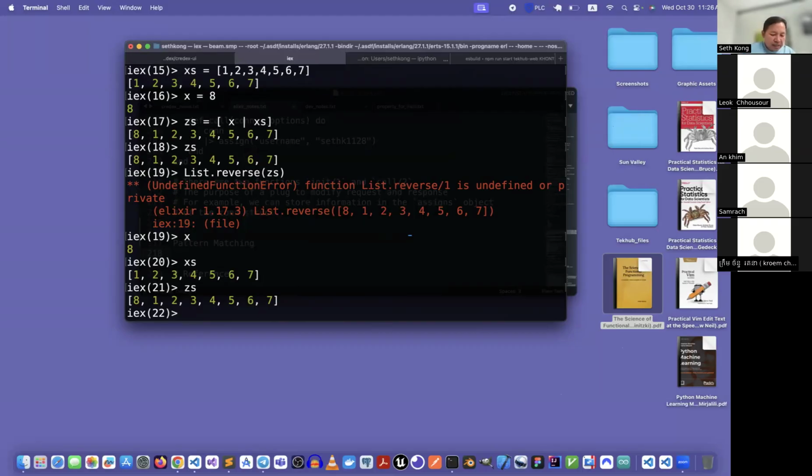Okay, now let's do some pattern matching. I do head and tail equal zs. Okay, this is very important. We have a data structure on the right. We have a pattern match variable on the left. We try to extract this list, the head and the tail. The tail in programming language is different from the tail you see on an animal. When you take the head, you take one item out of the list, and the rest of the list we